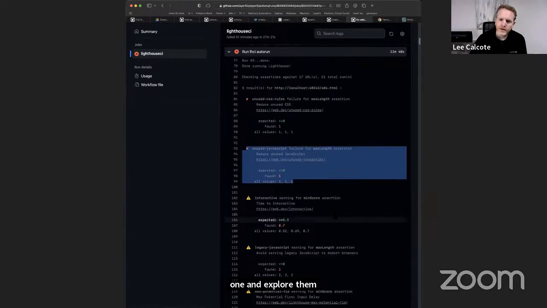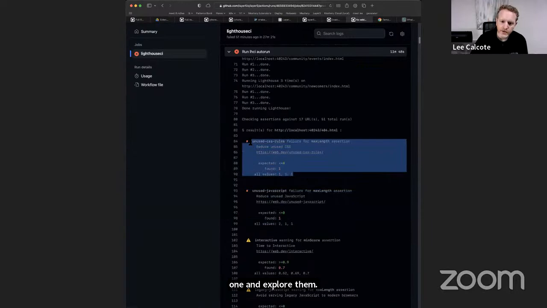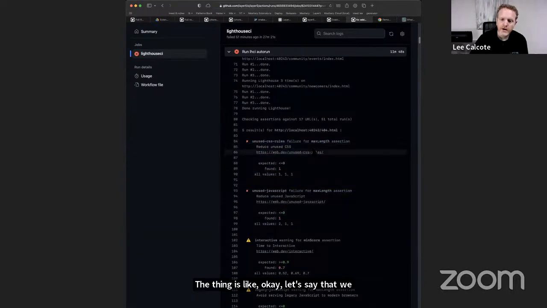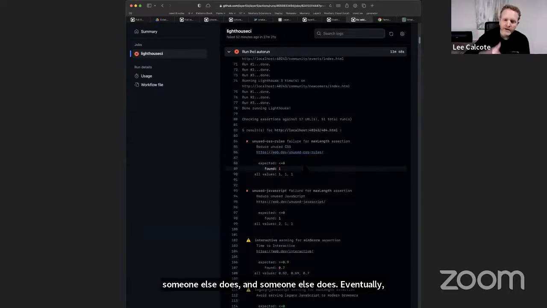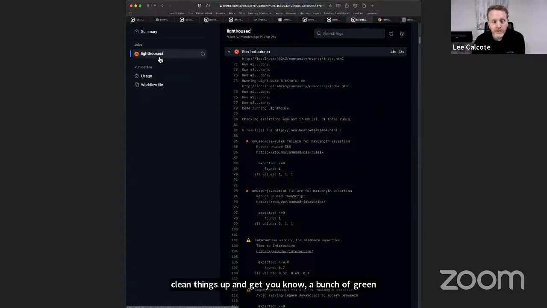The thing is, okay, let's say that we clean up some unused CSS here. Well, the next time that someone contributes, and someone else does, and someone else does, eventually we might find our way back to the same position where we've orphaned some CSS. How do we avoid that? If we're putting in the work to clean things up and get a bunch of green check marks, how do we avoid that? Well, the way that we avoid that is eventually we